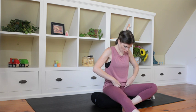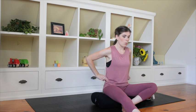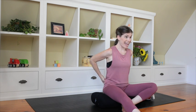Okay, from here you can walk down to our pubic bone right here, which joins the two halves of the pelvis together. This is an area that can cause some pain with some people, so it's a really good idea to know where that is. We can walk back up to those hip bones,